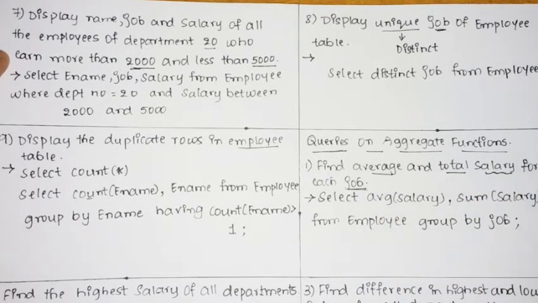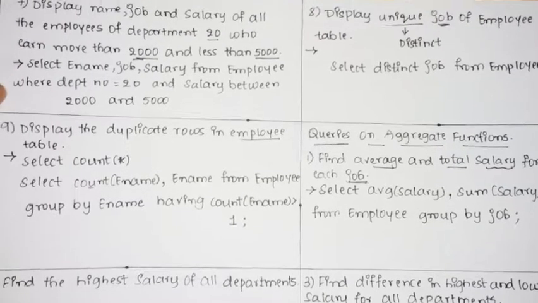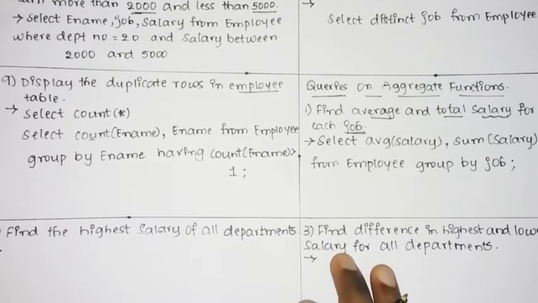So this will calculate the average salary as well as the sum of salary from the employee table, and also it will be grouped by job. So with respect to job, you are going to display the average as well as the total salary for each job. So similarly, based on the queries on the aggregate function, we shall solve some more questions, that is find